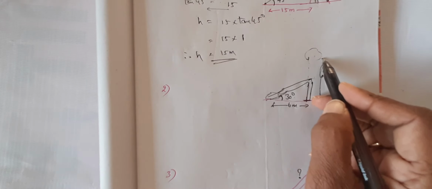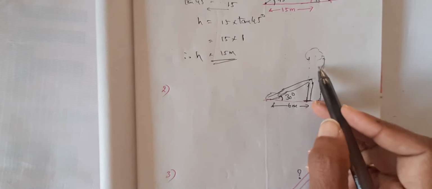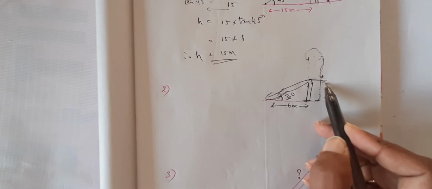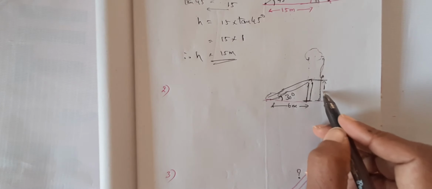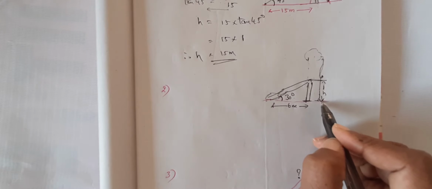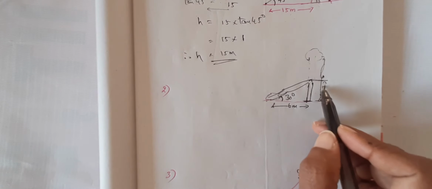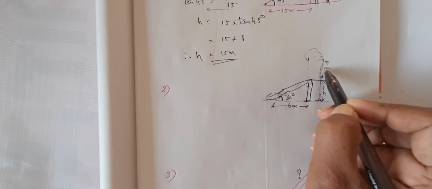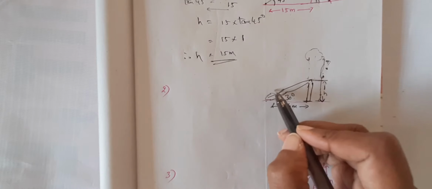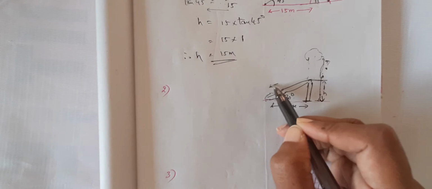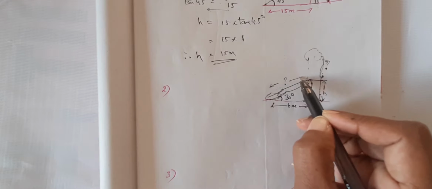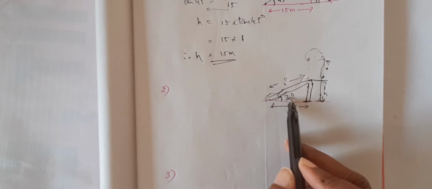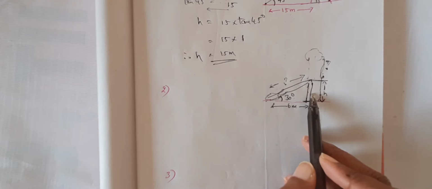Try to understand and please see what I am doing. This whole thing I want. This much we will get, using the opposite side and adjacent side concept and tan 30. Now what is this length? This length is nothing but this length, is it not? Yes. So we have to find out both the hypotenuse and the opposite side of 30 degrees and add both, and you will get that one, right?